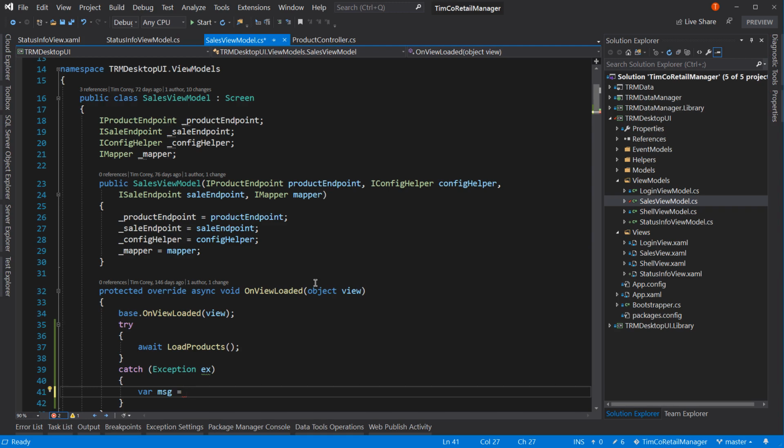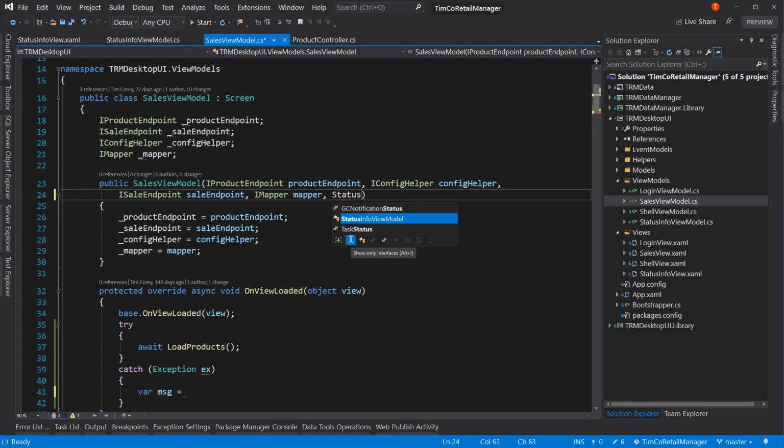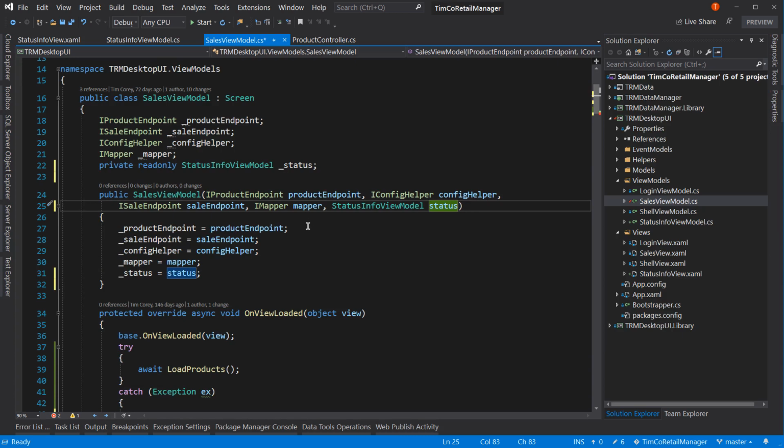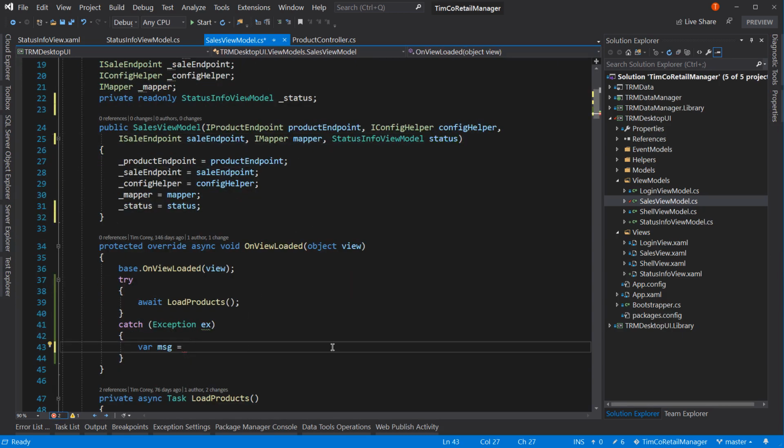That's not the end of the world, but it may be that that's not what you want to happen. Let's start there, and then we'll talk about other options. So if you want a status info view model, you do a control dot here to create our field, and now you could say equals